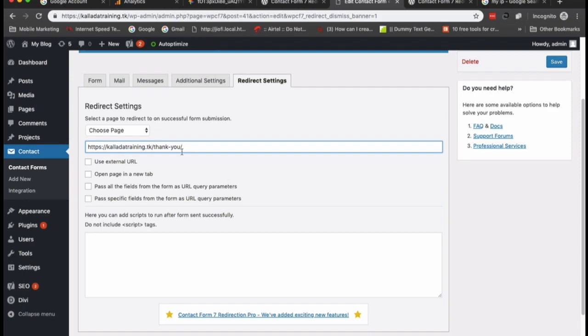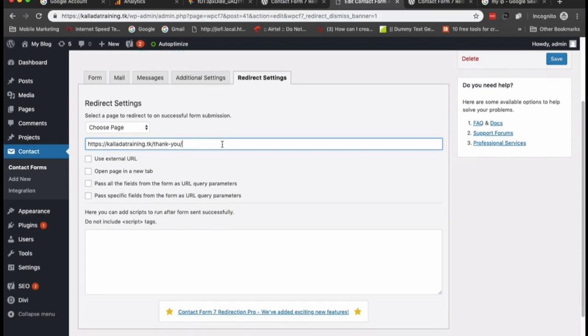So I have added the redirection. Once somebody clicks on the submit button after submitting their details in the contact form, they would be redirected to the thank you page.